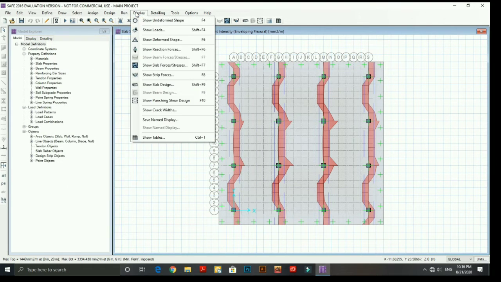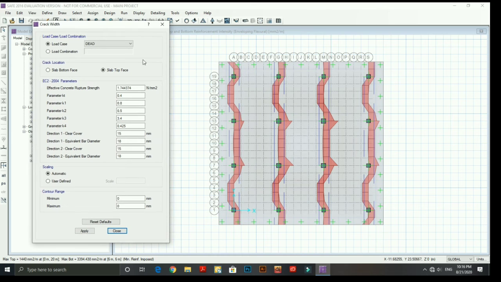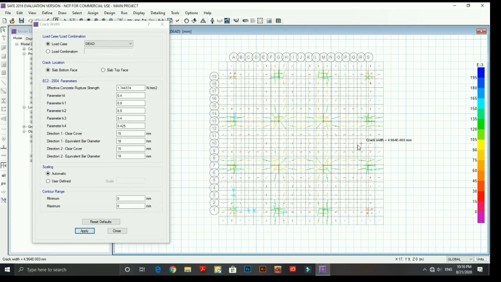Okay, just now display the show cracks. So this is the cracks by dead load and live load on the footing, and you can see the small dots and the colors are different. So this is for the slab bottom